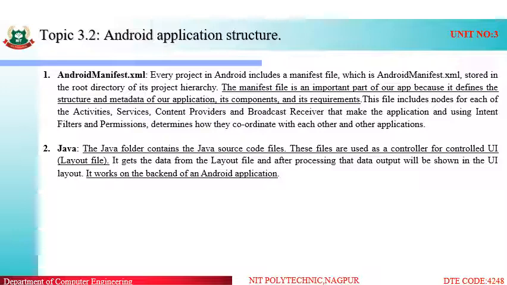Inside the layout we can restructure our user interface. That is, UI consists of different layouts, which may be one column, two column, three column, depending upon the user requirement. So all the code part of that is stored inside the Java file. It gets the data from the layout file, and after processing that data, the output will be shown in the UI layout.